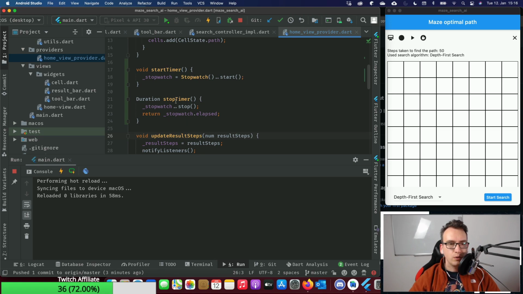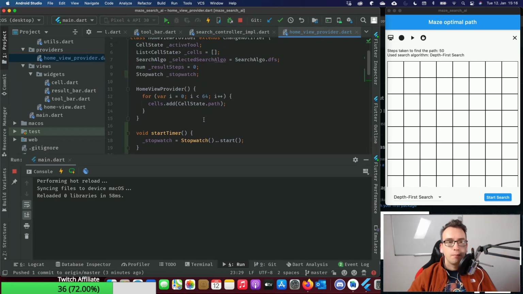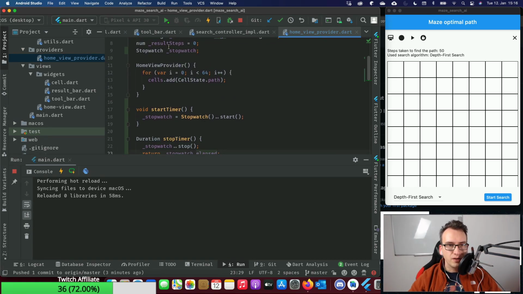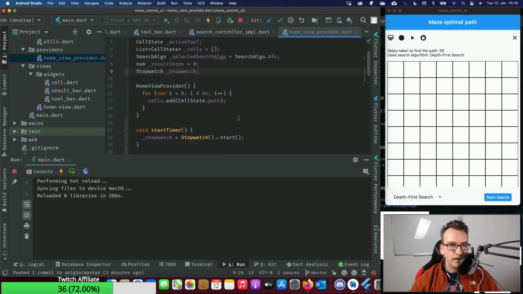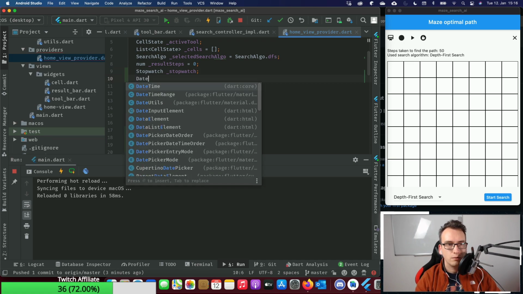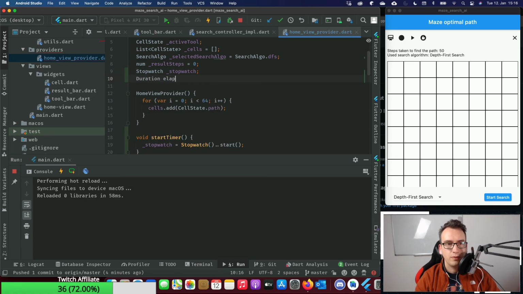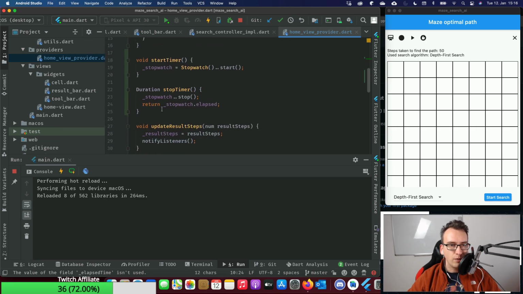We start this one, or we elapsed. I'm not sure if we would have this stopwatch. Well, we would have the stopwatch here. We don't need that actually, but what I would like to have is the elapsed time, or duration elapsed time. But this is actually interesting, and then we don't have to return that because our UI wants to react on that.